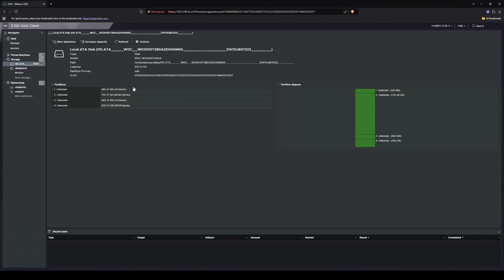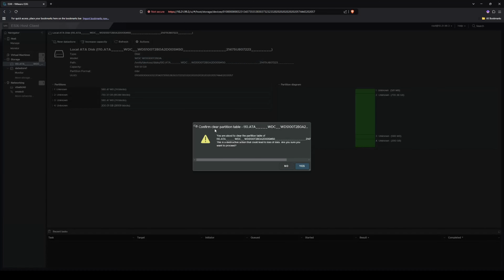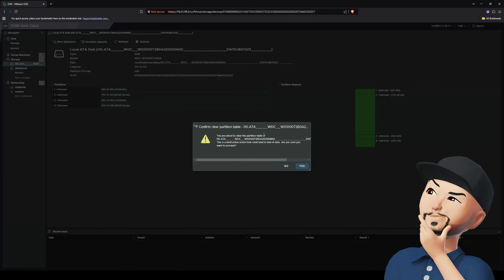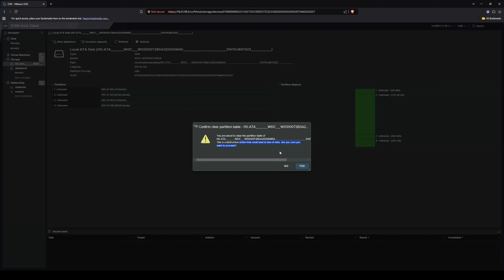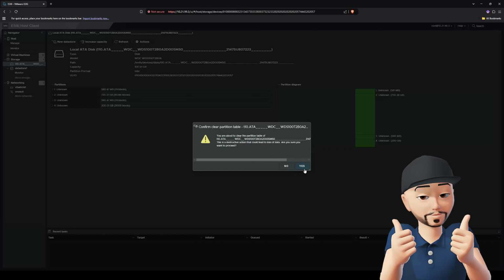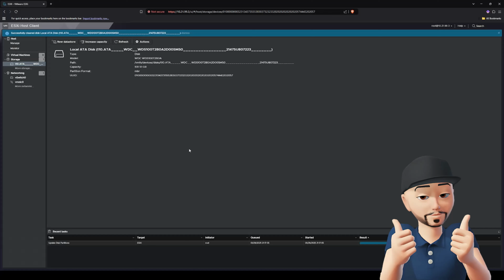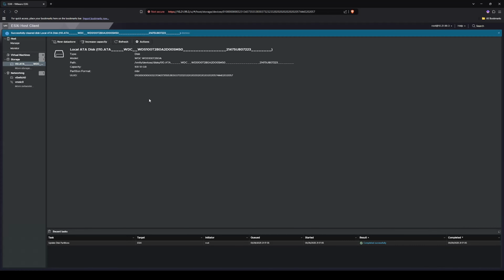So I will click on this, and because this had previous data on it, it's got partitions on it. So we need to first wipe this thing clean slate. So I want to go to actions and then clear partitions table. And then it's going to ask us, are you sure you want to delete everything that's on here? All the partitions, everything. Yeah, this is destructive, you can't recover anything, right? So we'll press yes. It's going to go and wipe the whole drive. Okay, looks like that did the trick. We got no more